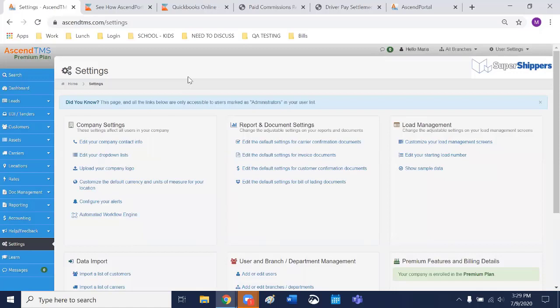With Ascend, I don't worry about that because we use Amazon Web Servers and we back up everything at least every 15 minutes, if not shorter times than that. So the cloud server we own, and everything gets backed up there. All your data can be sent right back to you at any time.